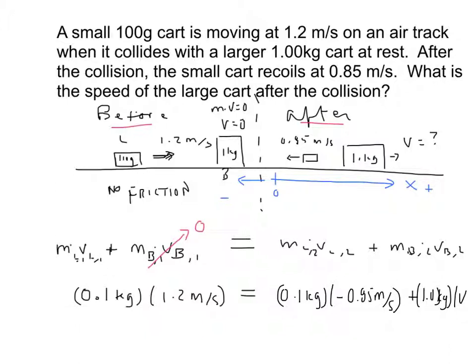I'm going to leave off the subscripts and just leave that v, since it's my only variable. So what I have on this side, if I multiply that out, is 0.12 kilogram meters per second, and I'll add to it this term right here, which is a tenth of 0.85, going to be 0.085. So I add 0.085 kilogram meters per second, and that equals